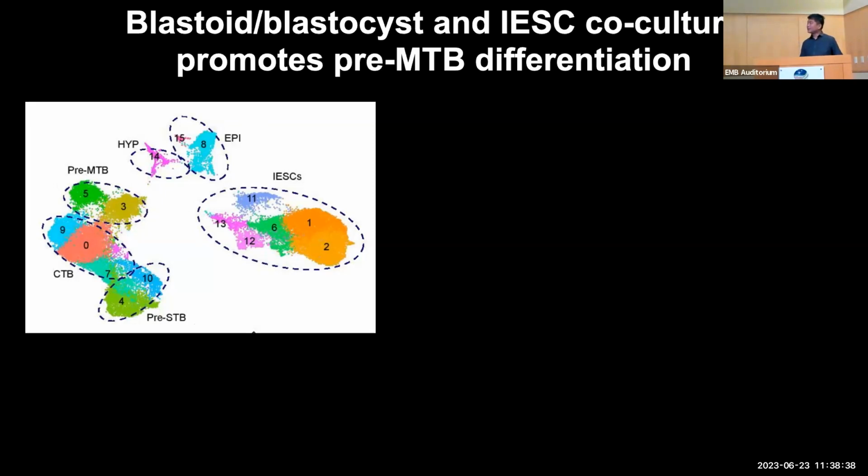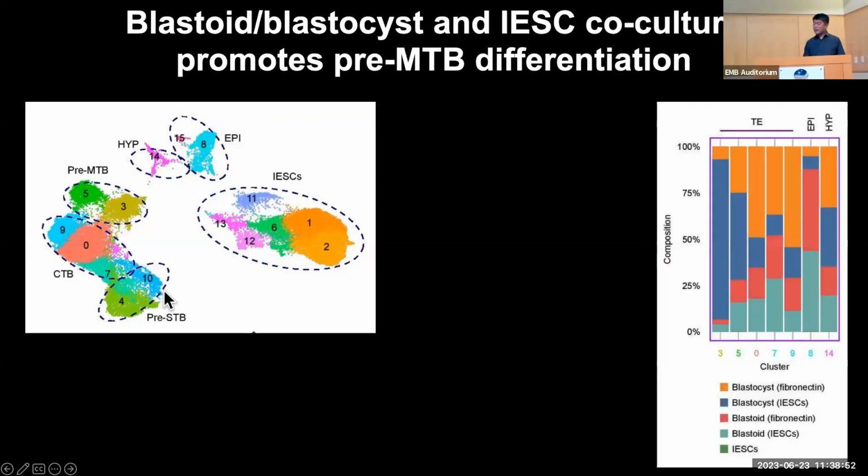So they retain some of the gene signatures of the syncytial trophoblasts. And also we have several clusters, subclusters that correspond more to the cytotrophoblasts, which is progenitor for both the syncytial trophoblasts and extravillous trophoblasts. And by co-culturing blastoids or blastocysts with the stroma, we noticed that clusters 3 and 5, in particular, during the co-culture,